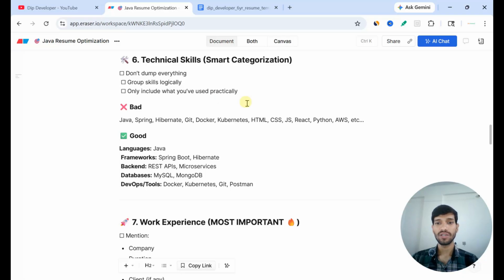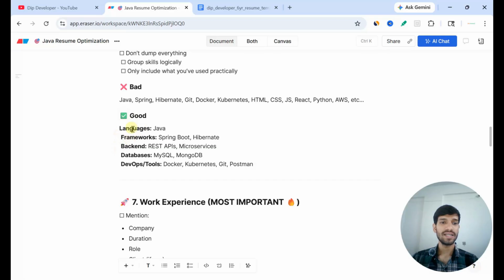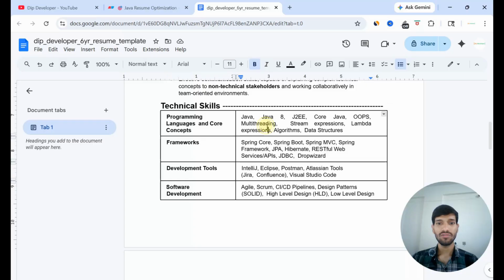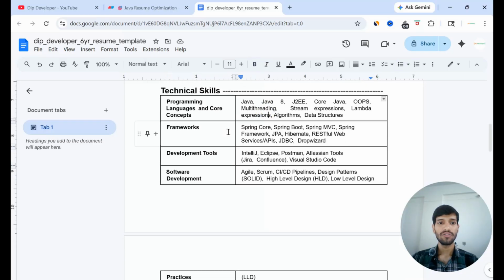For example, if an interviewer asks about AWS, which you have mentioned, and you just have some knowledge, like you have maybe watched 1 or 2 videos, but you don't have practical knowledge, then at that time don't mention it in the resume. So good practice is that you should categorize language wise, framework wise, backend technology wise, database wise. Here I have created this structure. What you need to do is clone it, copy it and